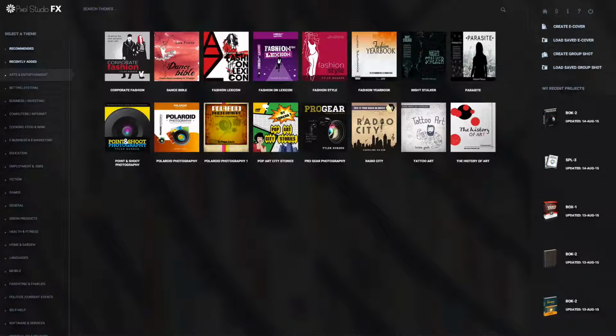Hey guys, Ray here, and I wanted to take a moment to show you a really cool new software that is not out yet. It's not going to be out for a few weeks. I'm not even sure of the exact date yet, but I've gotten my hands on this, and holy cow,